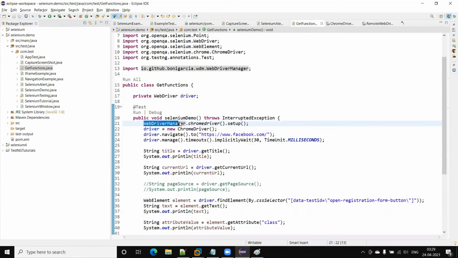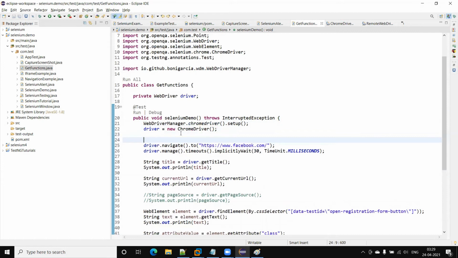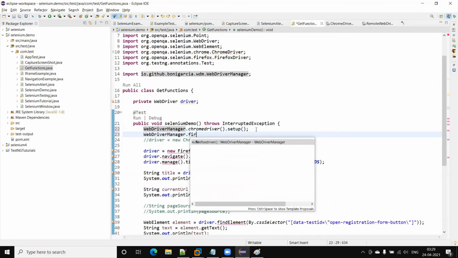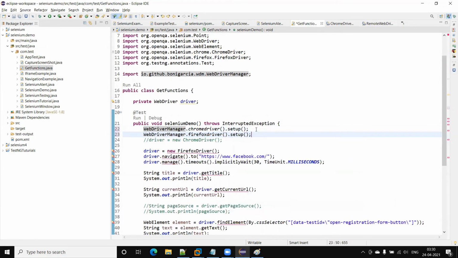Before that, we need to also set up the executable. I am using here WebDriver manager dot Chrome driver dot setup. Similarly, if we want to run our test on Firefox, then we need to create the Firefox driver object, and also we need to set up the exe using the WebDriver manager.